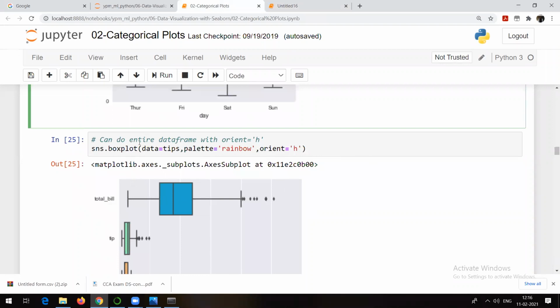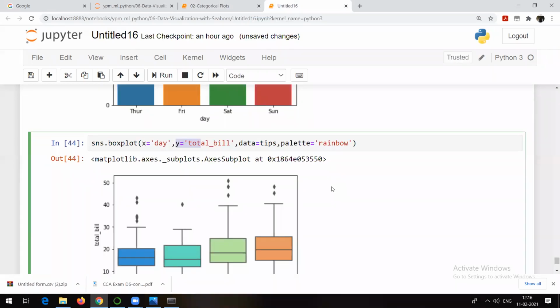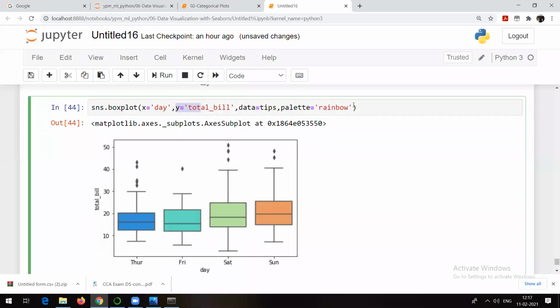For example, now what am I doing? On the x-axis day, on the y-axis total bill. So this is what I am able to see. But what if I want to check in more detail? So for example, hue is equal to maybe